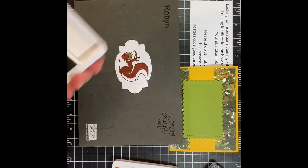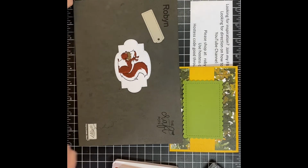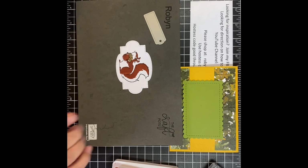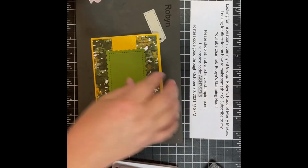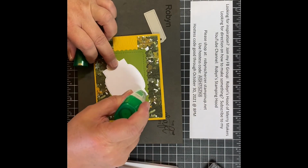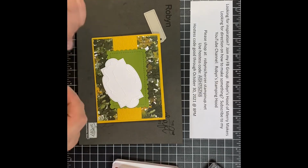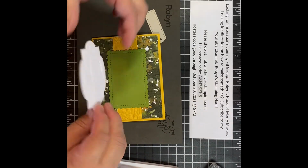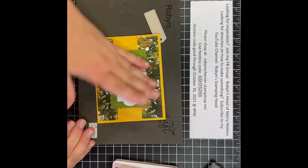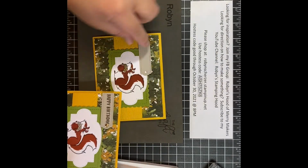So you guys are going to laugh at me. This little tag here should be stamped with your happy birthday stamp. My happy birthday stamp is missing. So I'm not going to stamp that, but I'm going to go ahead and put the little squirrely on here. And yeah, I'll find my birthday stamp later. But you guys, you have your birthday stamps, so use them wisely and don't lose them like I did. So you're just going to lay him down here, cute, cute, and then you would stamp your happy birthday on this,